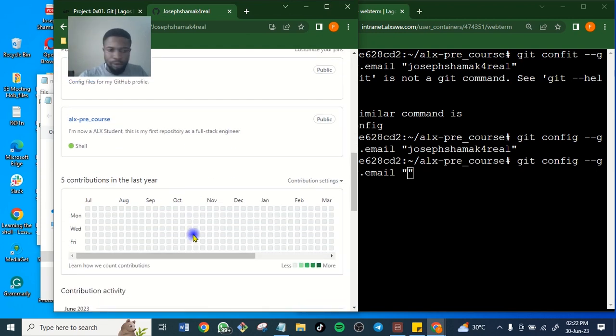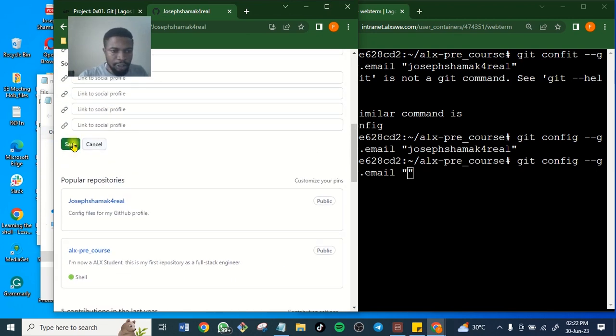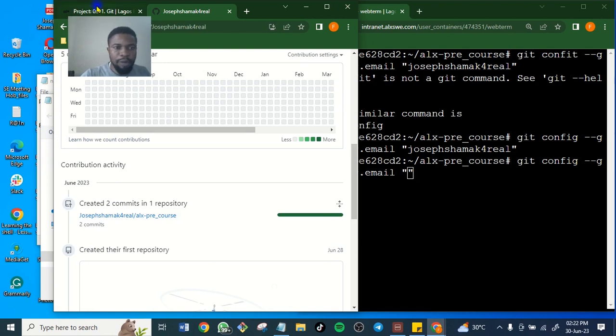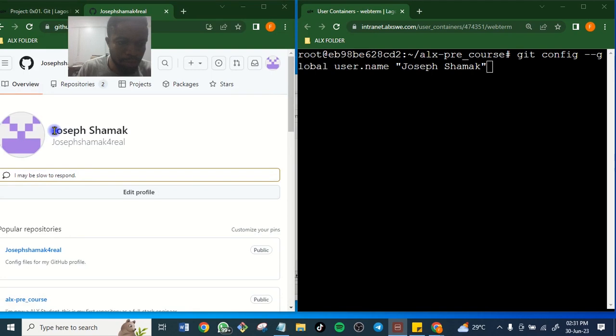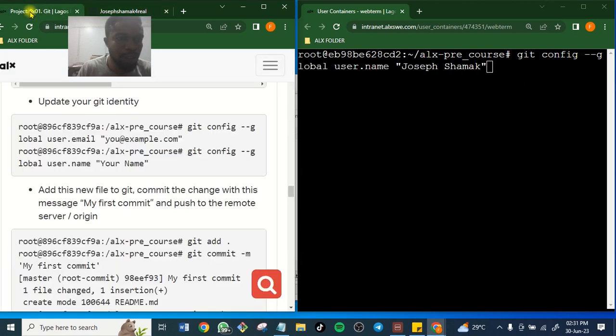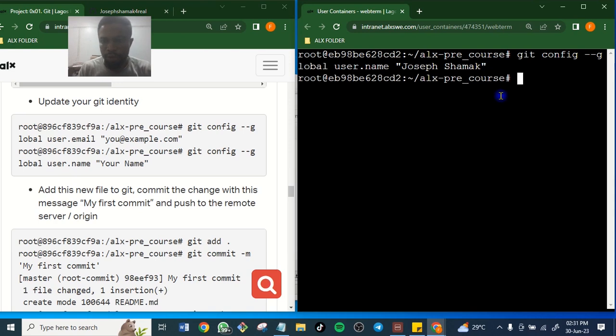You can save and come back here. Make sure you edit your profile and add the name, so that you can always use the name here. So that is for the name. You've done that for the email. So for the name, then you click enter. So it has been done.